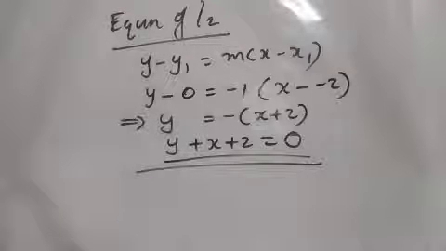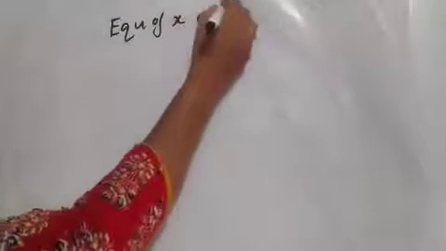So these are the important problems from this exercise. Now the next topic is, when an equation is given, how can we find the slope and y-intercept? Before discussing the topic, can you remember these things? Equation of x-axis. What is the equation of x-axis? Yes, it is y equal to 0.